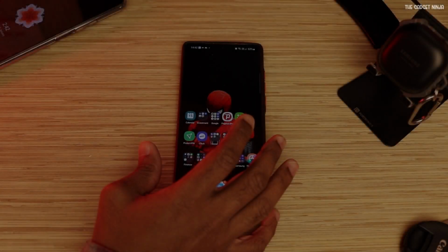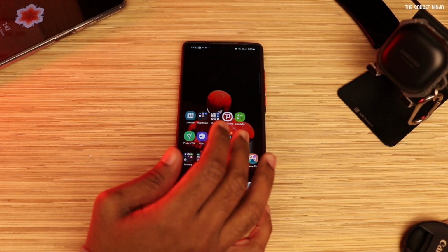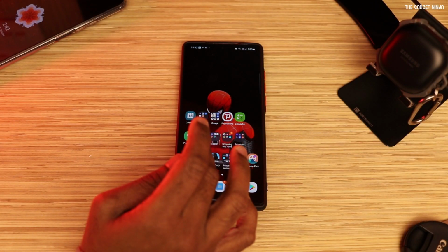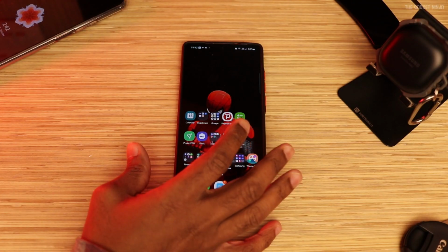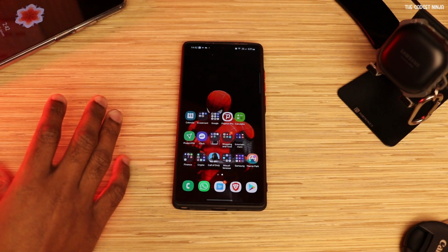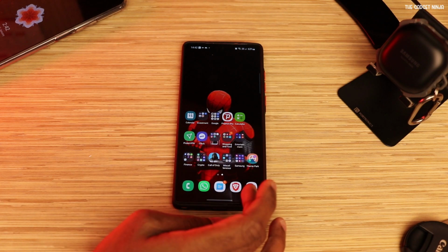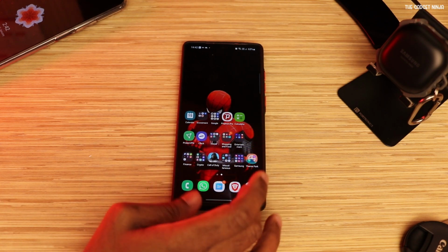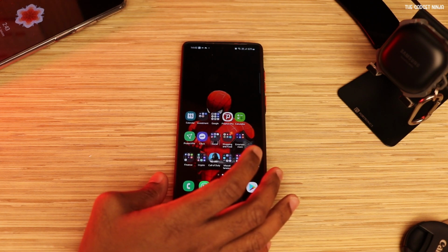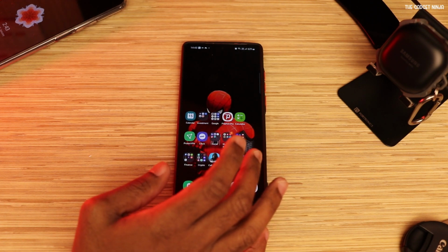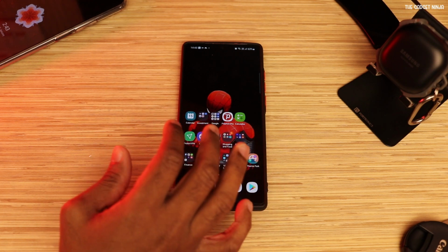Hey guys, in this video, we'll learn how to get custom icons without using a custom launcher on our Samsung devices. So basically why we use a Samsung launcher, because these gestures, swipe to go home, for back and for recents, don't work with a custom launcher. This is a One UI 4.0 feature. So if you don't have One UI 4.0, this is not the video for you.